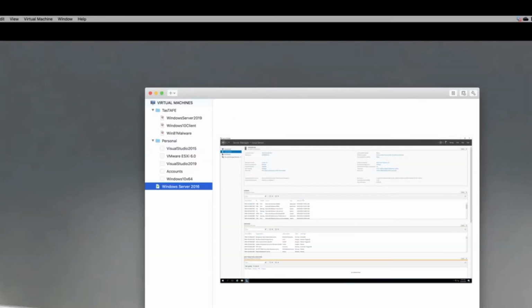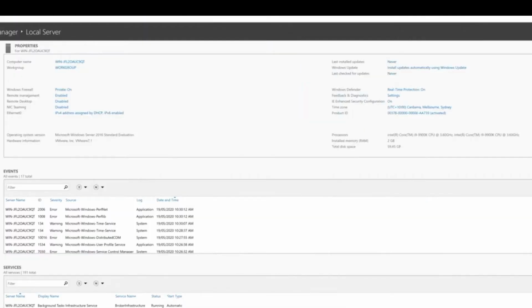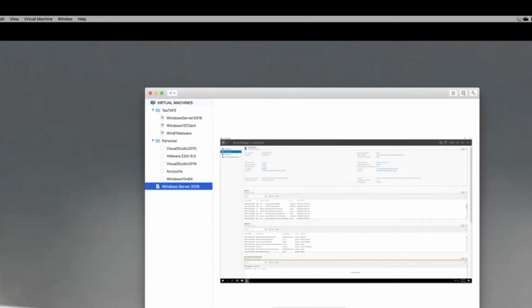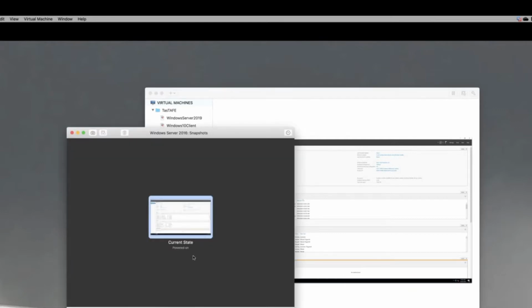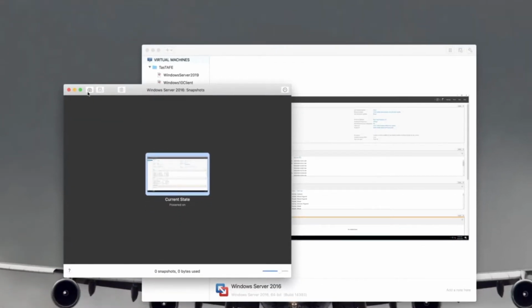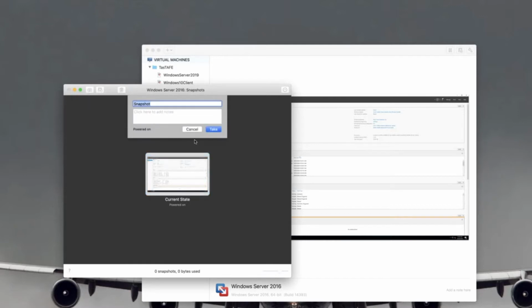I don't know what the right term is to use for it, but basically it's management tools. If I go back here and bring up the library, which should be there somewhere. Oh, here it is. I'm staring at it. There's my server. I can actually at this point go to the snapshots menu, and I could take a snapshot, which is this little camera icon here. So if I do that to show you,